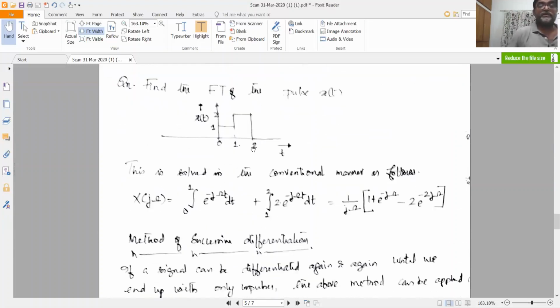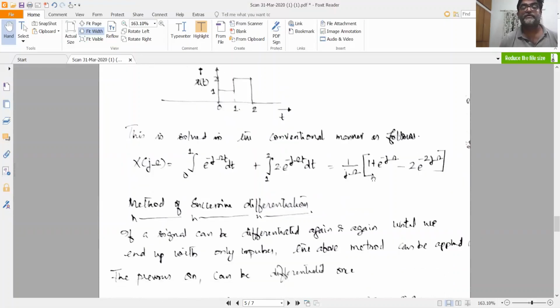Okay. So next we move on to the next question. Find the Fourier transform of the pulse x of t shown here. x of t consists of a pulse like this. It's equal to 1 for 0 to 1, 2 for 1 to 2, and 0 outside these intervals. If you solve this in the conventional manner, it's very easily computed: integral 0 to 1 e raised to minus j omega t dt plus integral 1 to 2, 2 e raised to minus j omega t dt